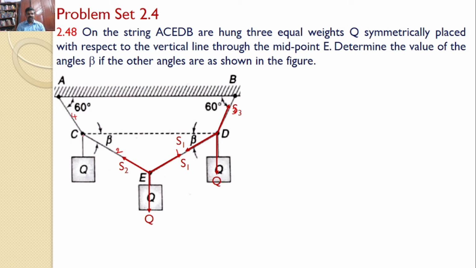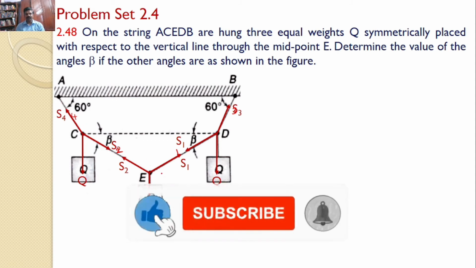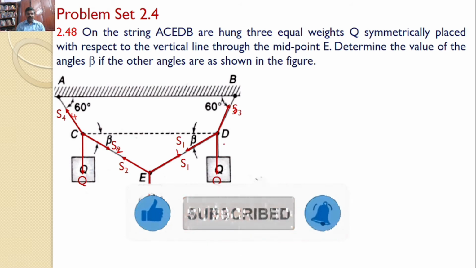Extend the same concept if you draw the free body diagram at C. The various forces are: the first force is Q, which acts vertically downwards. Two strings, 2 and 4, are connected at C. So there is a string force S2 along the string and away from the point C. And the last force, S4, acts along the string and away from the point. So this is S4.